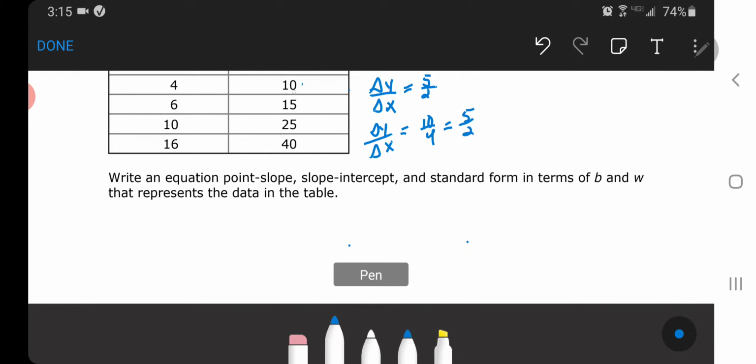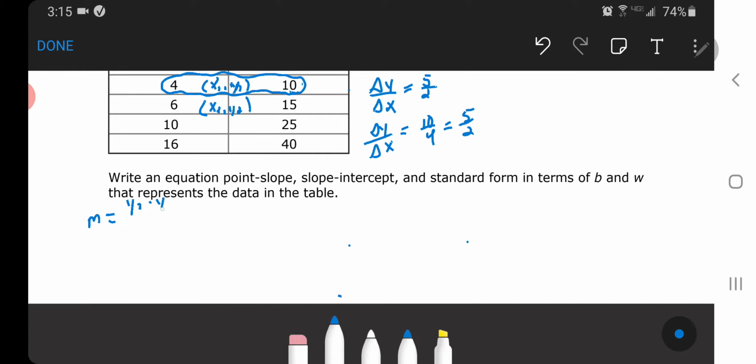I'm going to name this guy right here my x1, y1. Once again, that just means I'm naming the points for formula purposes. And let's name this guy x2, y2, just in case you want to go that route. So m equals